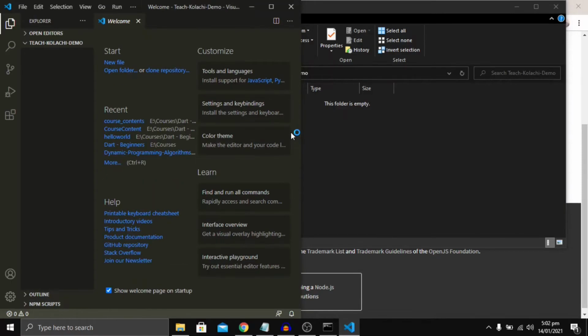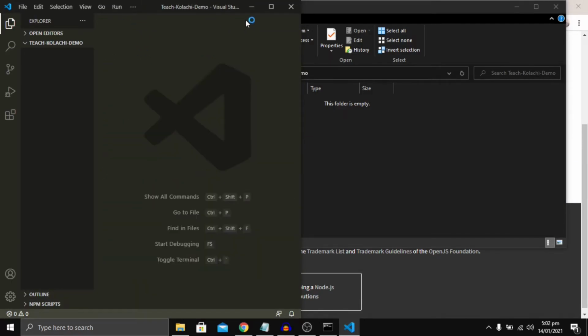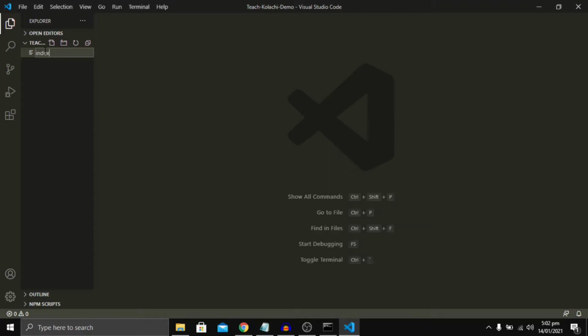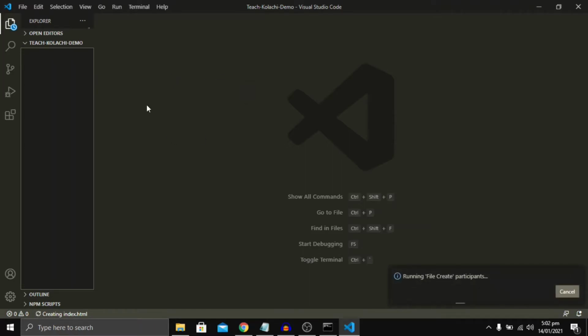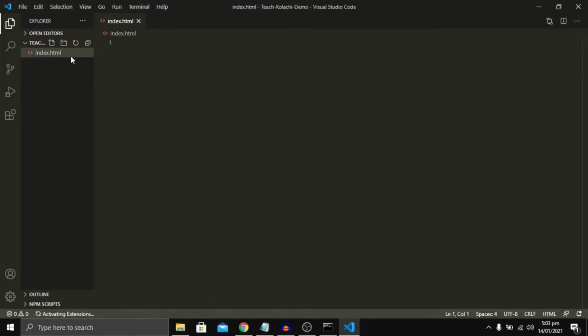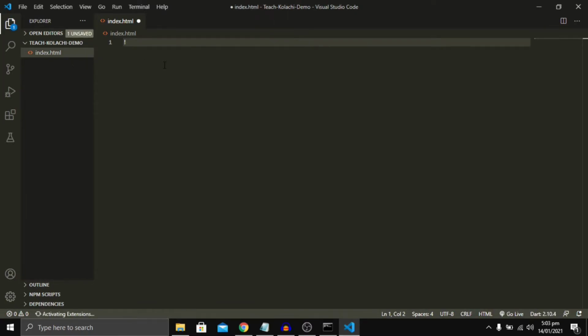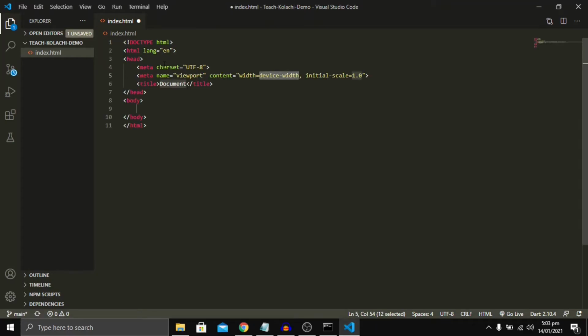So I would be creating a simple HTML file, index.html. Then using the default exclamation operator, I would be writing the headers and body.